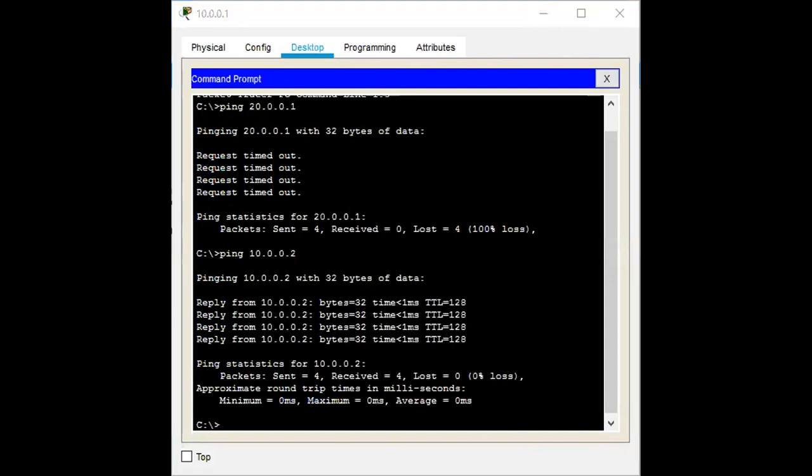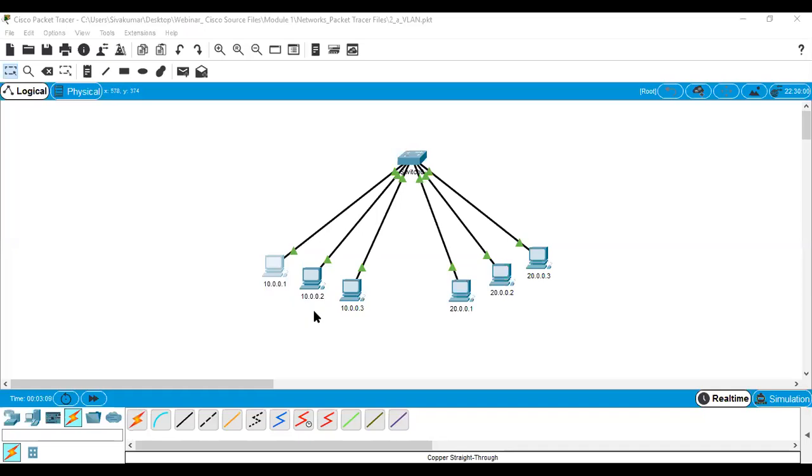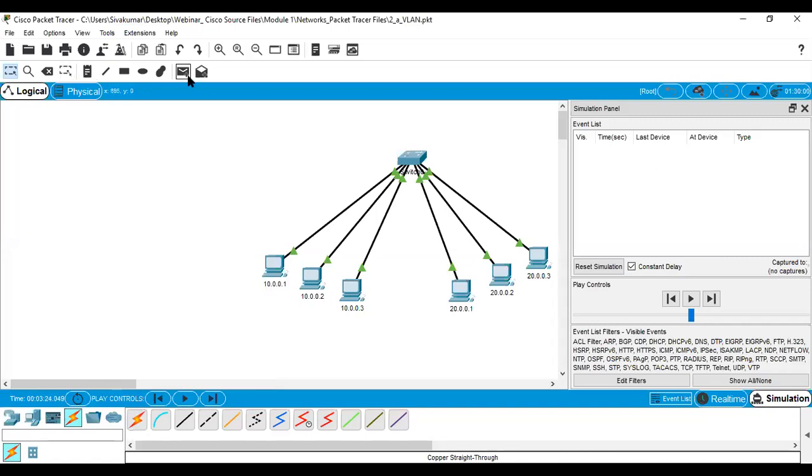Because of the screen sharing problem, I am opening the file I already saved, which we successfully connected. Then in simulation mode you can also check the data packets. You set the data packet, click on that one, 10.0.0.1 to this one. What happened?